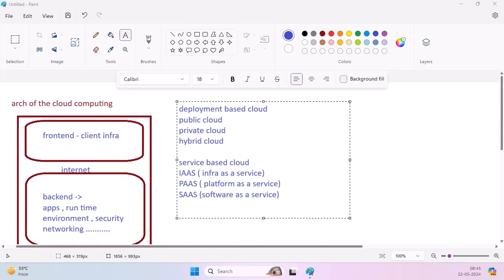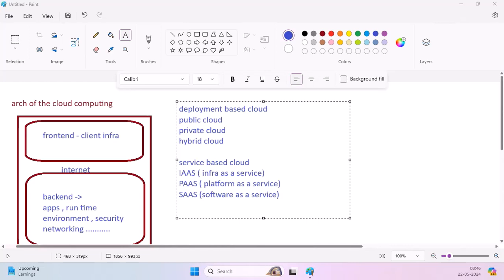The key aspect is that the infrastructure is dedicated solely to the organization. And then hybrid cloud is a cloud computing environment that combines both private and public clouds, allowing data and applications to be shared between them. And this model offers greater flexibility and more deployment options, allowing organizations to optimize their existing infrastructure, security, and compliance.